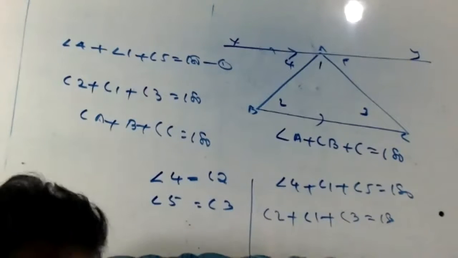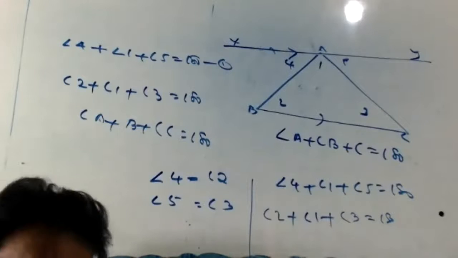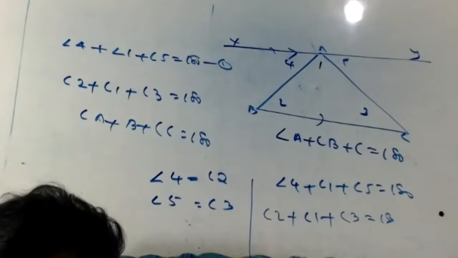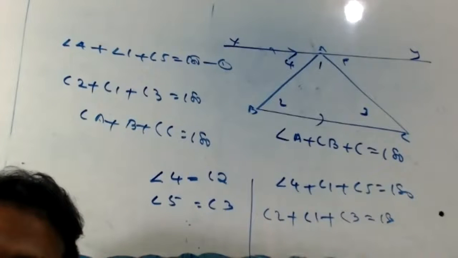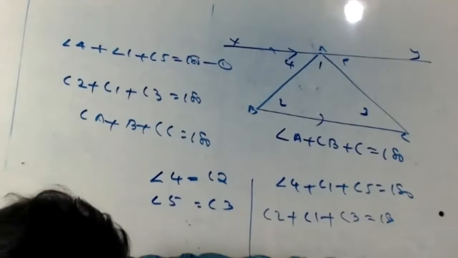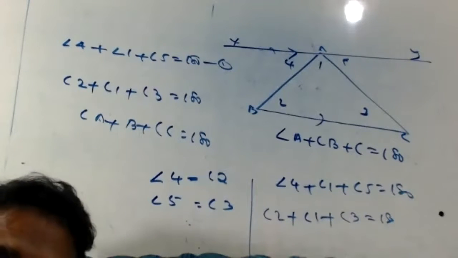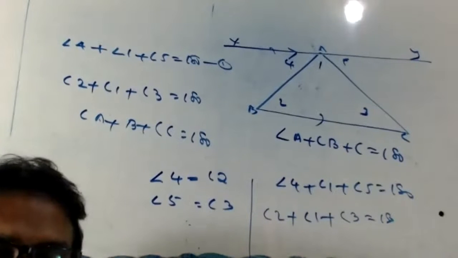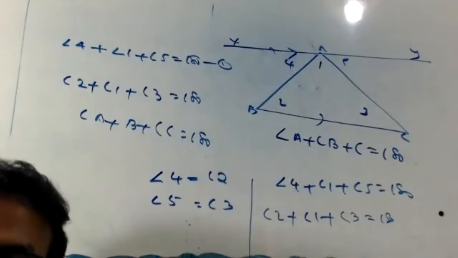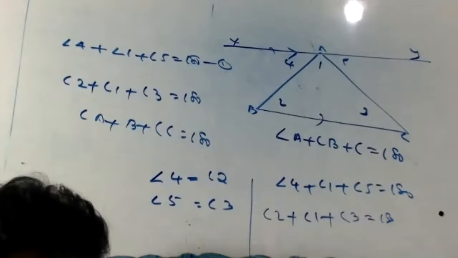Okay, listen here. In triangle ABC, angle B is 105, angle C is 50. Find angle A. A plus B plus C equal to 180. Then you can find it. Clear now? Simple. Very simple. Everybody got it, right?